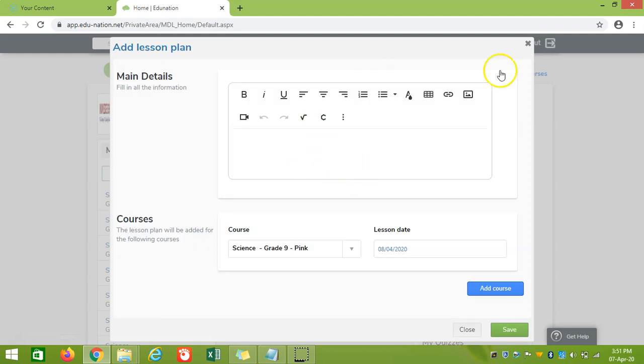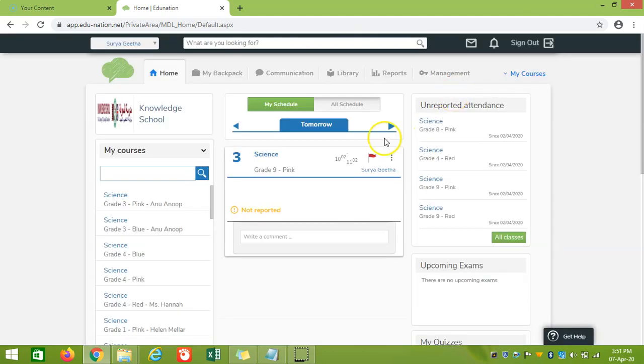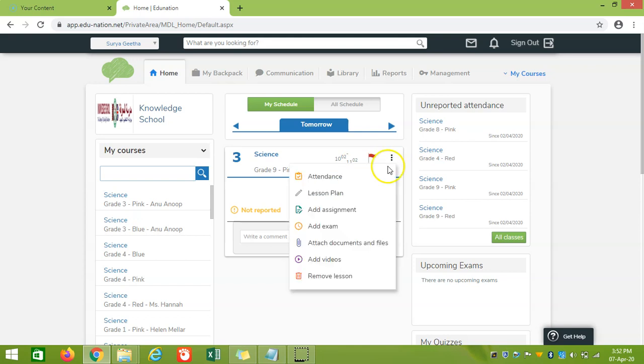Now, if you want to edit the lesson plan, if you want to add a heading to the lesson, we can use this option, edit lesson plan. We can add the lesson objective or the topic name, etc. over here. Either we can click here or we can add from here. You are seeing the three vertical dots over here. If you click on them, we can see the main options, like attendance, which we can discuss later. We can add the lesson topic name.